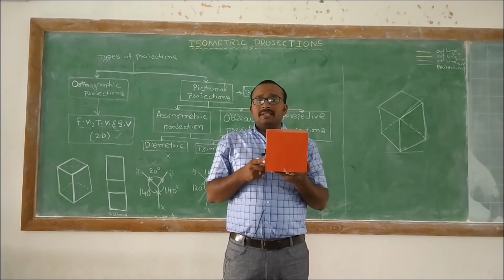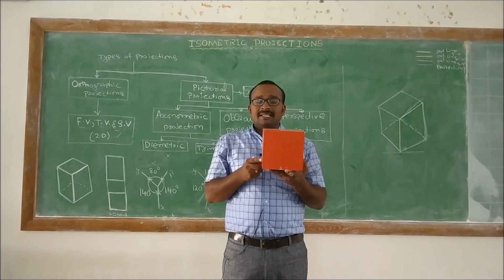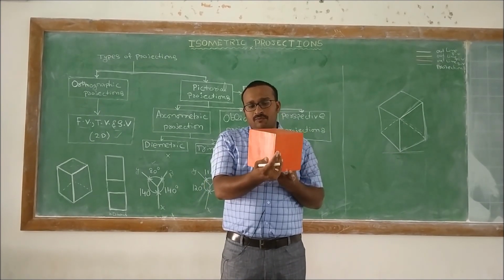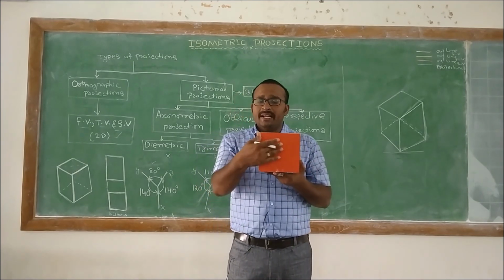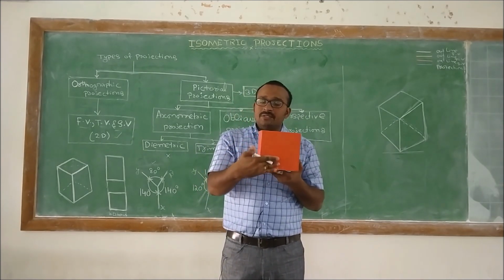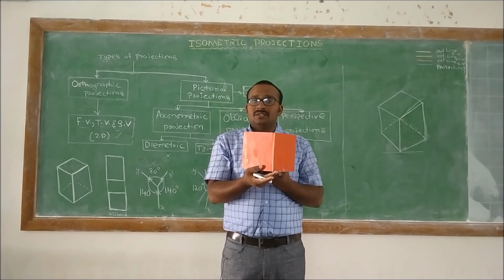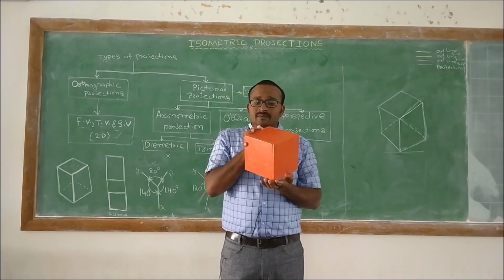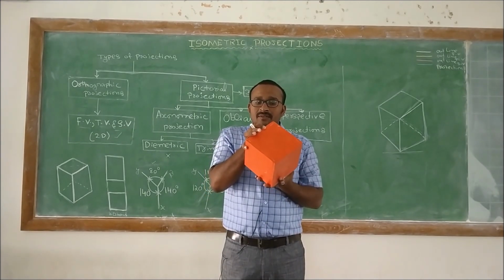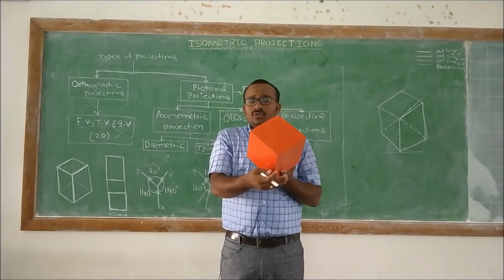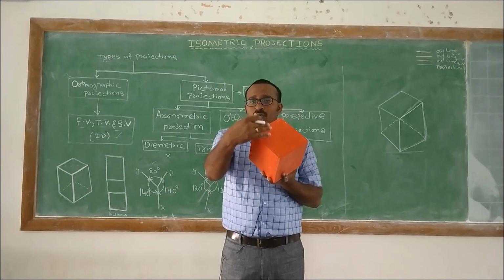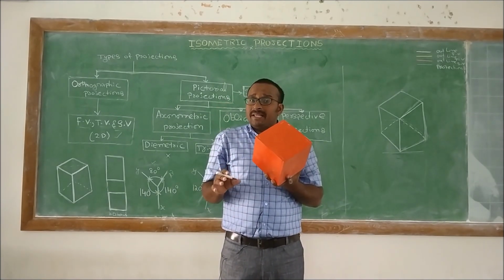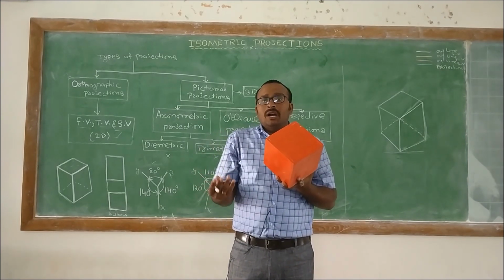For this purpose, initially I am going to tilt this base about 45 degrees. Now we can observe that initially only one surface was visible, and now two surfaces are visible. Again I am going to tilt it like this. Now we can observe that 1, 2, 3 surfaces are visible. Based upon that, you can easily identify what component it is.